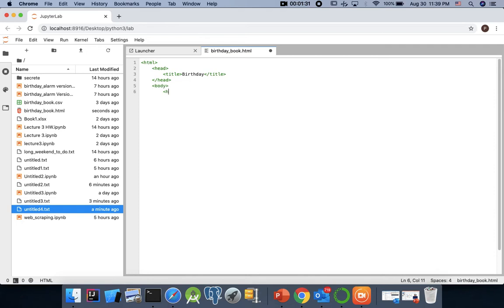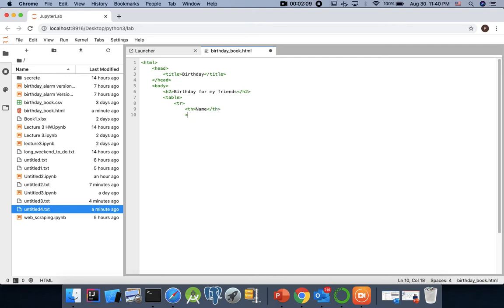What I'll do here is create a header, maybe an H2 or H1. Say, birthday for my friends. Within that, I'm going to create a table. For a table, keep it as simple as possible. Within the table, you put one row first and put some headers, let's say th. The first thing we want to say is the name. So close the th,